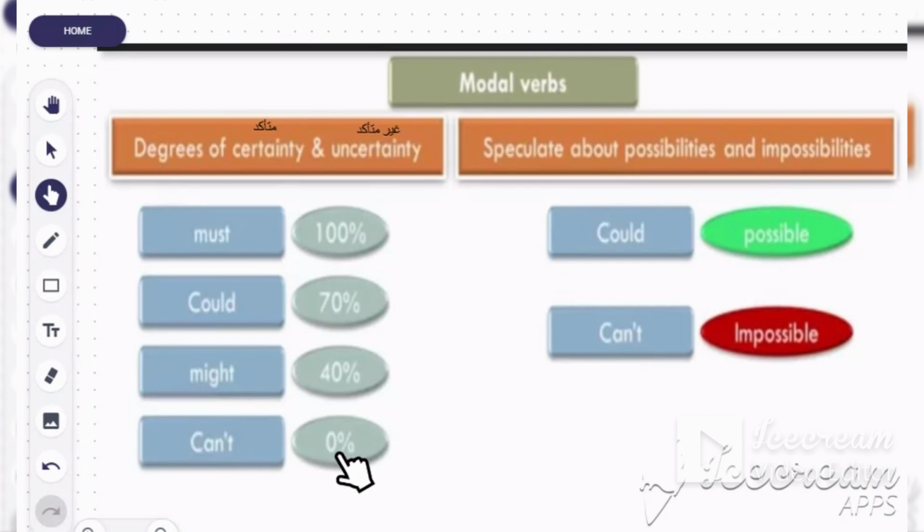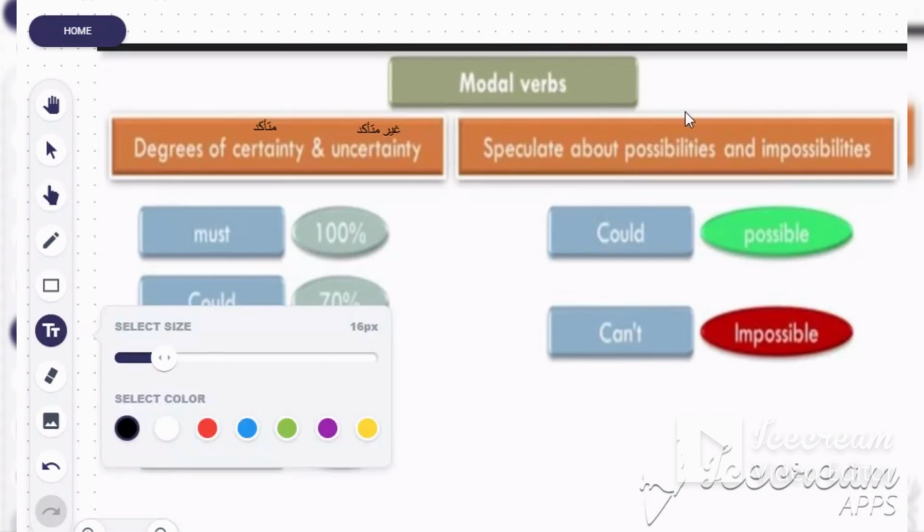طبعا يا مس برجع بعيد وبأكد إنه these words according to the meaning of the sentence. دائما عندها فيها trick، فيها خدعة إلك، إنه these words you have to understand the meaning of the sentence. لازم تفهم معنى الجملة عشان تعرفه. We have also could and can't. There's the meaning of them or the using of them. Speculate about the possibilities and impossibilities. Speculate تخمن لي أو تعطيني معنى.